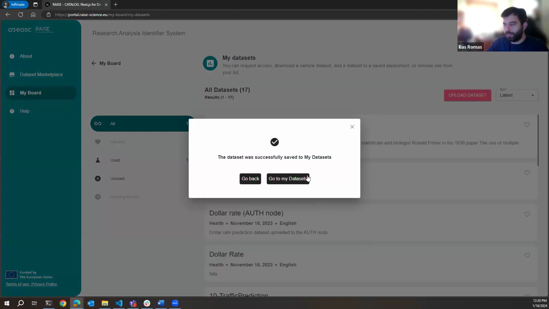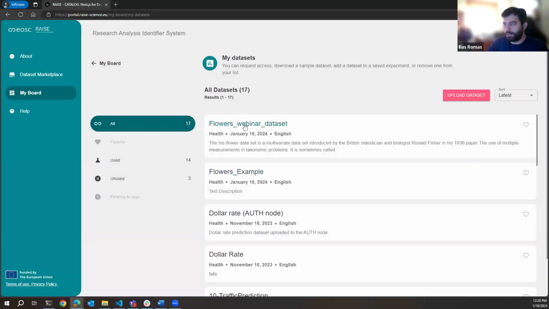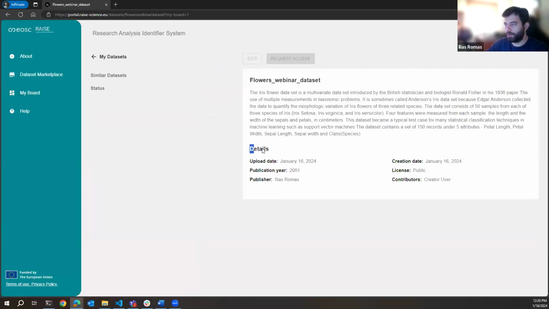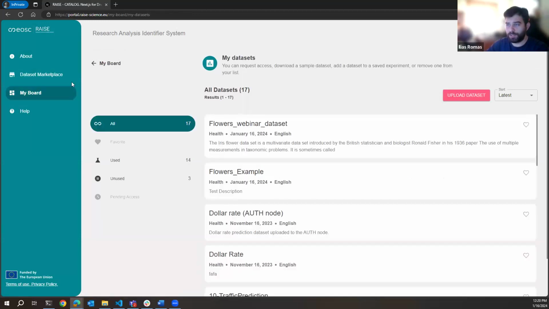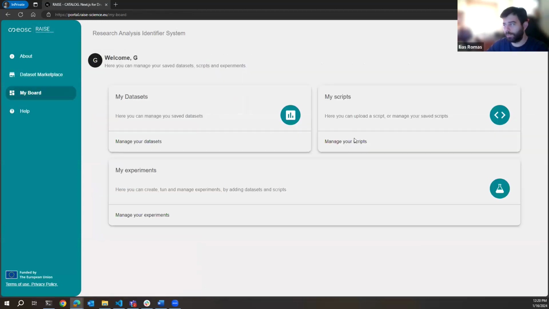As you can see here, I will go back to the dataset. Now this is the newly created dataset. Now we have it here, all of the details, the metadata. We will add many more in the future releases. Let's go back to my board and we can upload